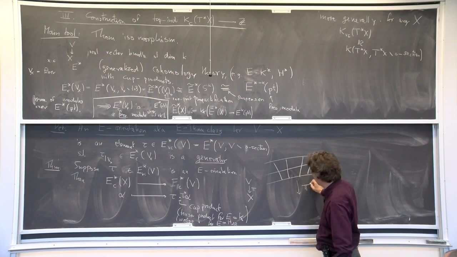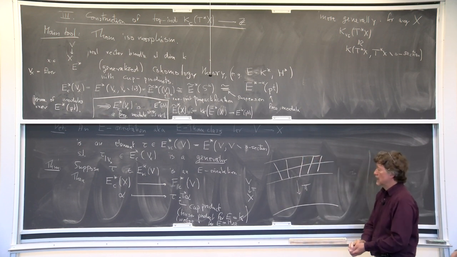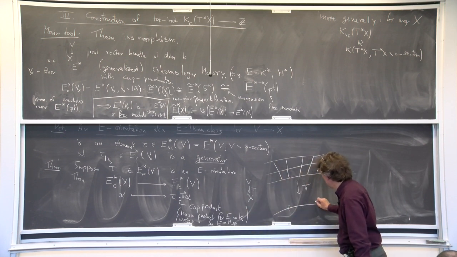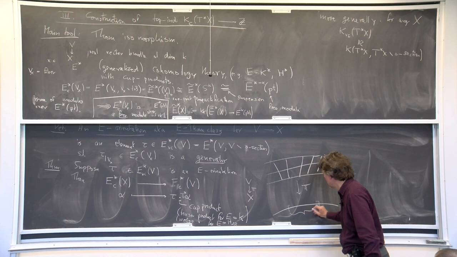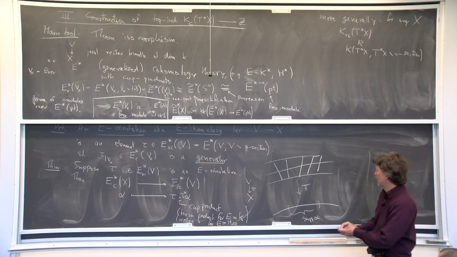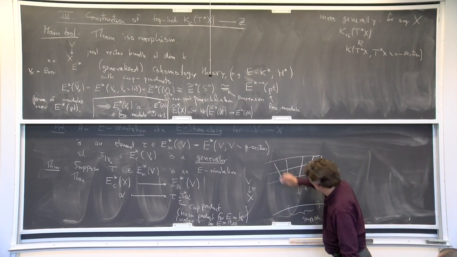Here's my projection map down to X. So the class alpha has maybe support in this set here. This is the support of alpha. So then what is the support of the pullback of alpha? Well, it will be anything,